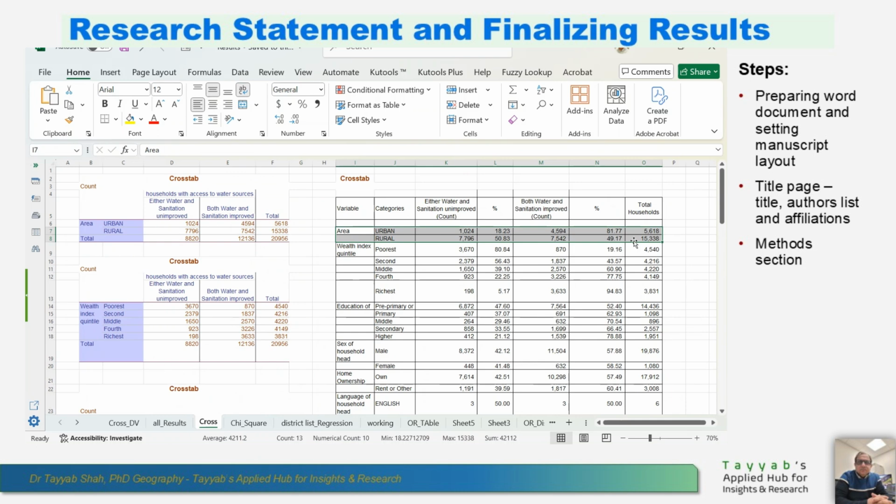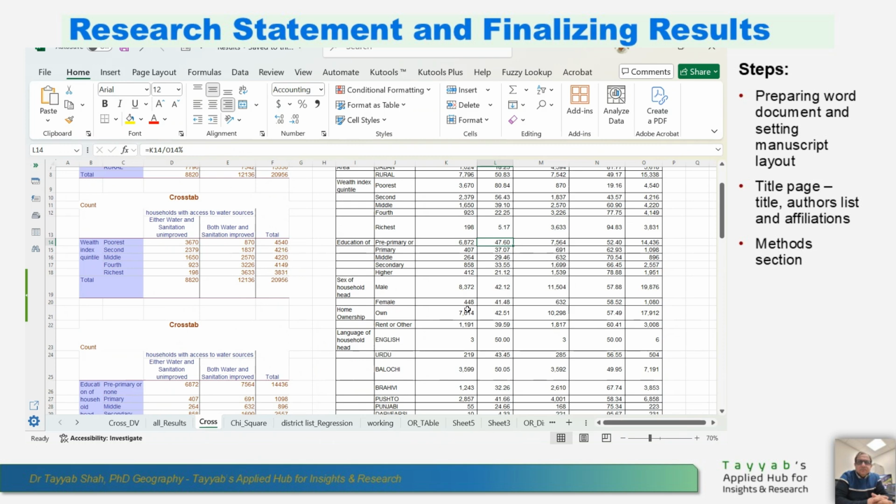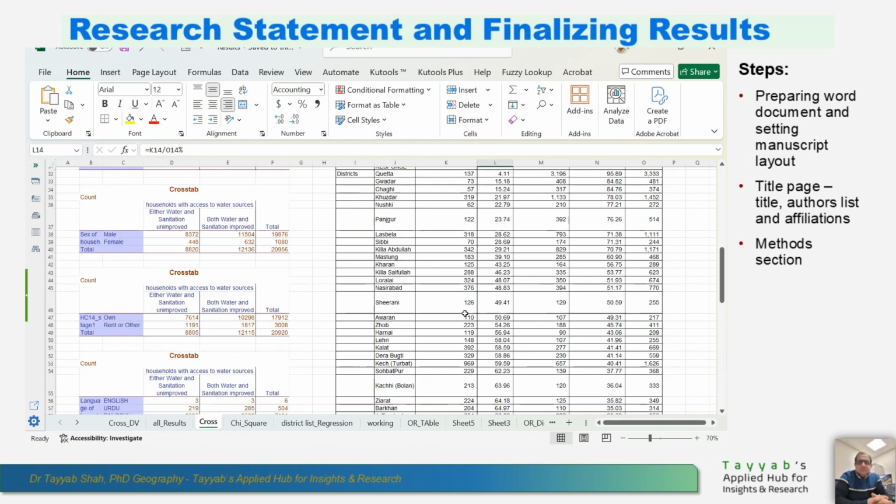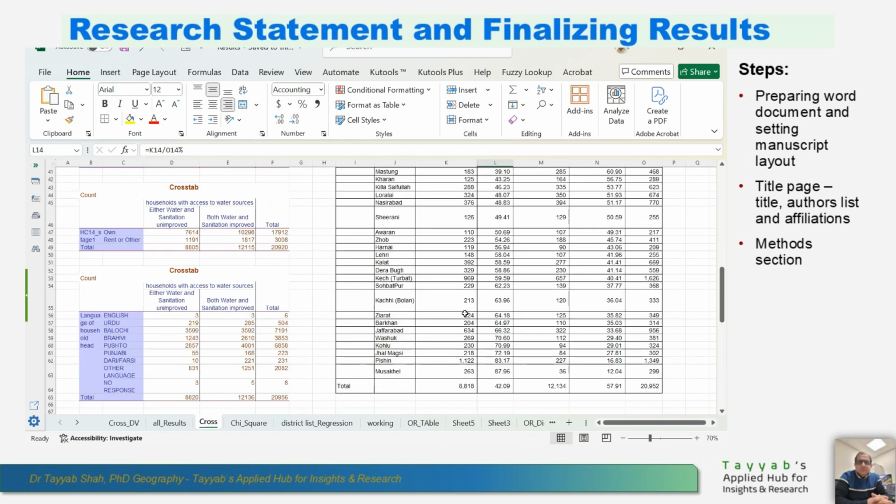So this is the area of residence, quintile, education. Those are the categories in that, and we have the count, like the number of households, and then the proportion of the households after the total. So this is the way you can prepare this table, and that table we can take into the Word document. The similar way we can work on